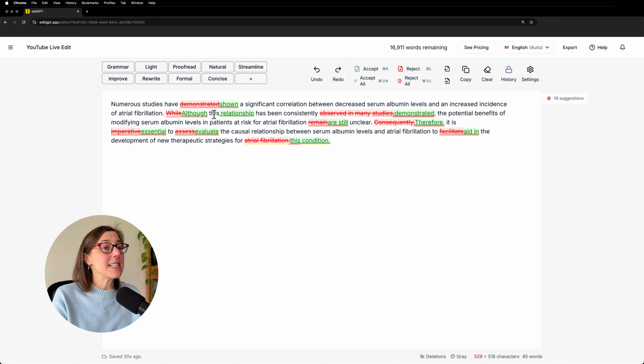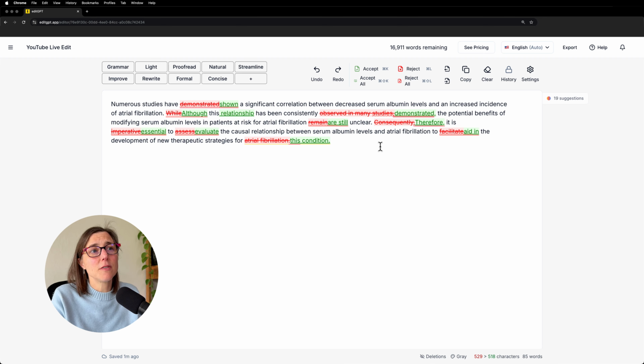Let's see. It did pair the isolated pronoun with a clear subject. Instead of association, it used relationship. I like that. That's not bad. However, as I mentioned before, I would use correlation instead, just to make that connection a little bit stronger. And then later in the sentence, it said demonstrated.